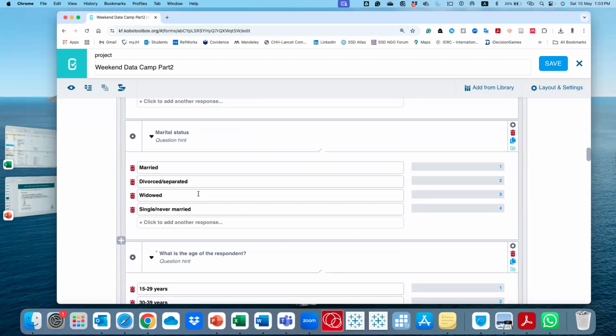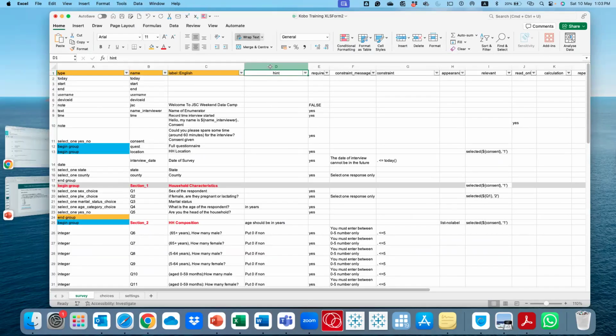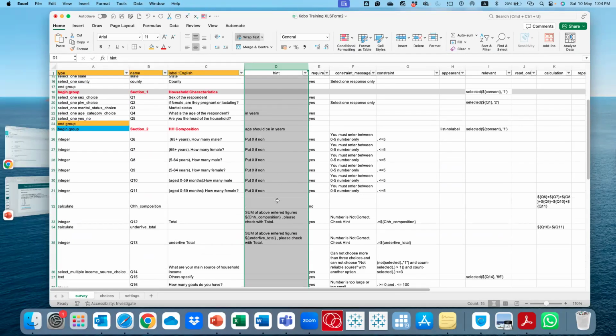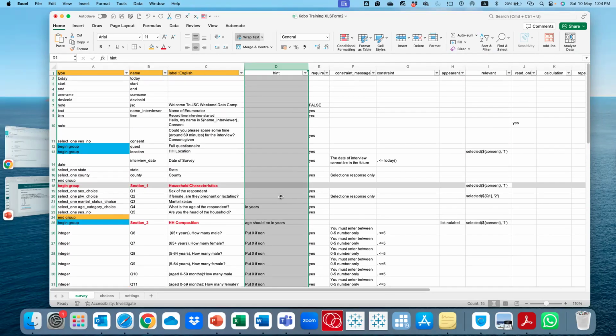So in this case, you may say maybe only surname or first name. You only want them to put first name. So you can add a hint there, right? The name of respondent, but you add a hint like, put only your first name, something like that. So this section is where you add any additional information that you do not want the question to be too long, and then you add just additional information to the enumerators to be aware of.